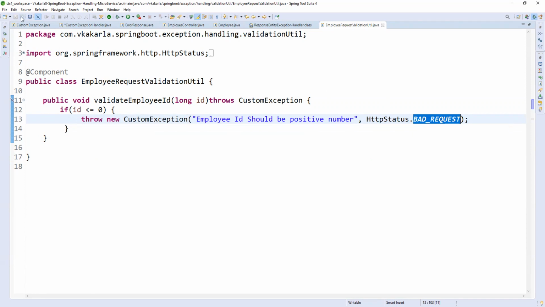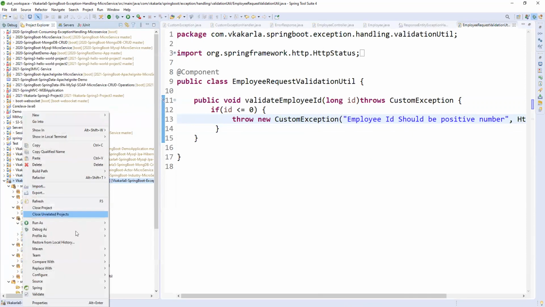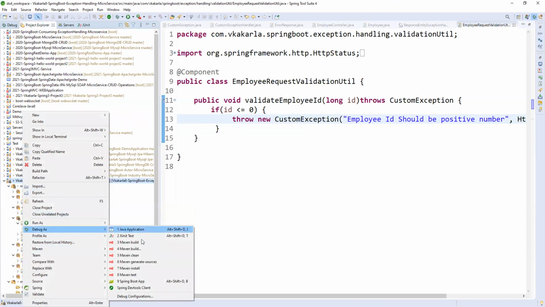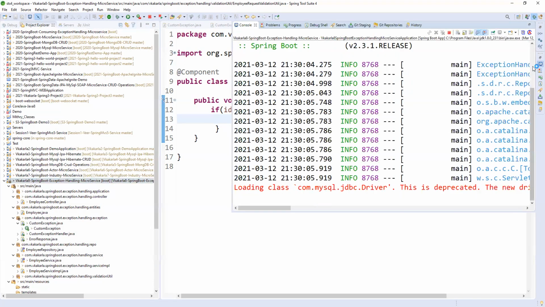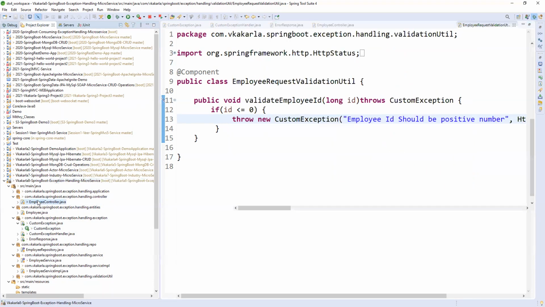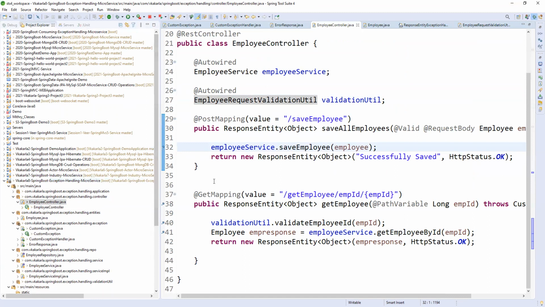Fine. Now I'm going to run this application in debug mode. So let me run. First of all, I want to check this in a negative way.